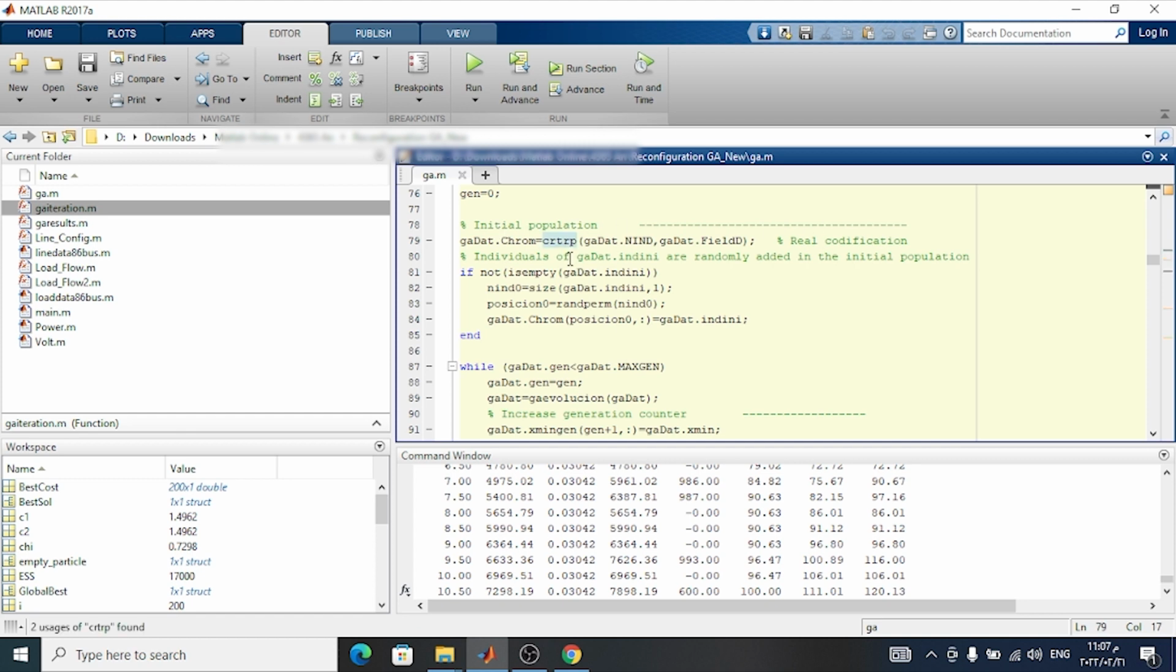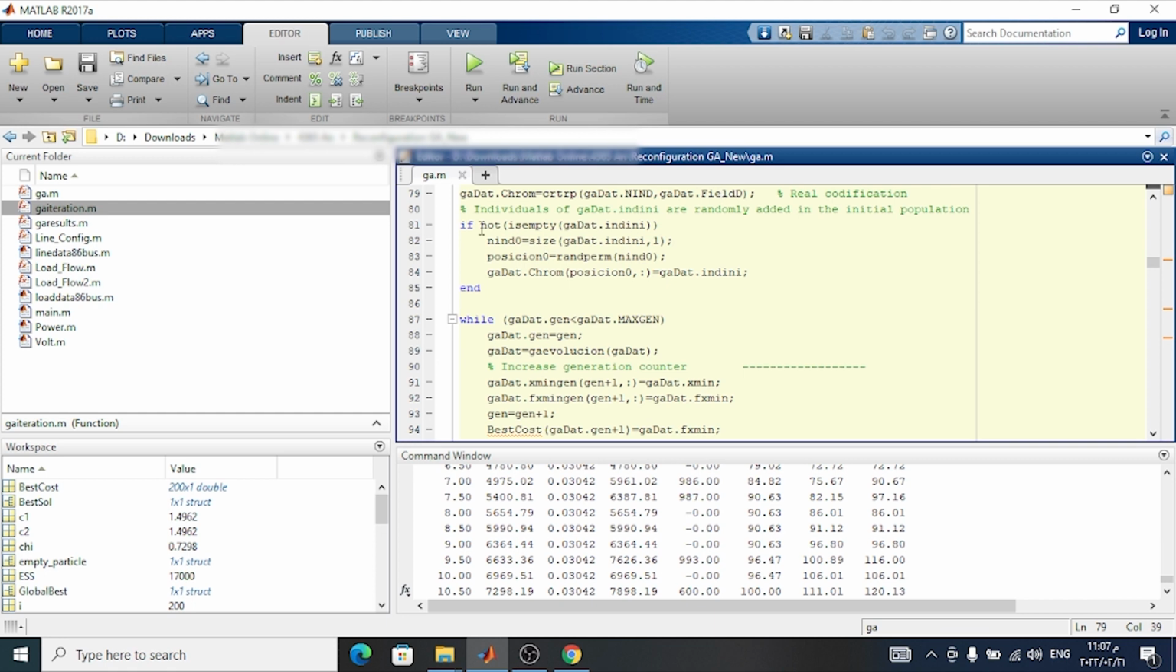In this function we create the initial population, the chromosomes will be generated for the GA, depending on the GA data, the number of chromosomes, the maximum and minimum lower band and upper band. And after that, the individuals of GA are randomly added to the initial population. Then we will make some